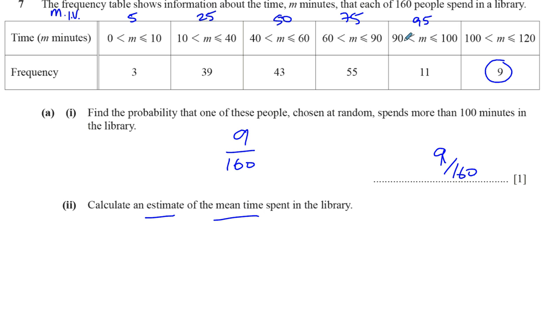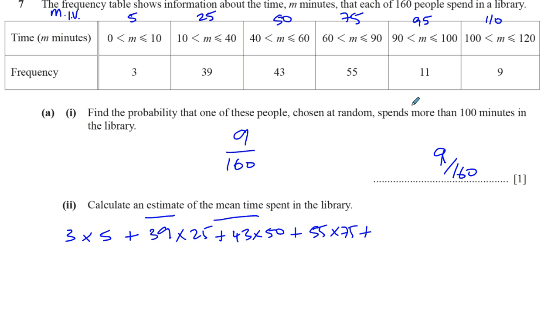190 divided by 2, yes, basically 95 is halfway between these two. You can see that. 100 and 120 is going to be 110. So that's how you find the mid-interval value. Now we know what to multiply these numbers by. I know that 3 people, we don't know how long they spent in the library, but it's somewhere between 0 and 10 minutes, so we say it's 5, just to give us something in the middle. 3 times 5 plus, we do the same thing here, 39 times 25 plus 43 times 50 plus 55 times 75